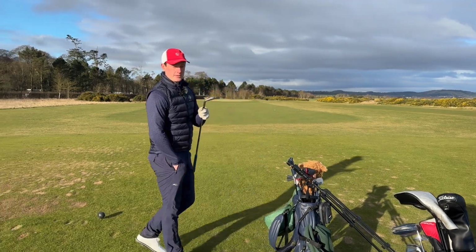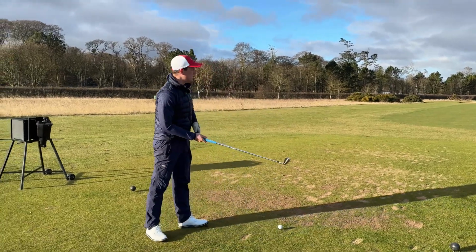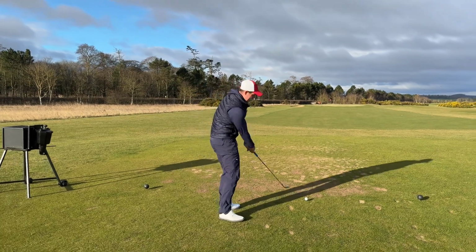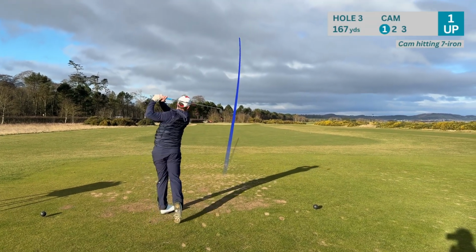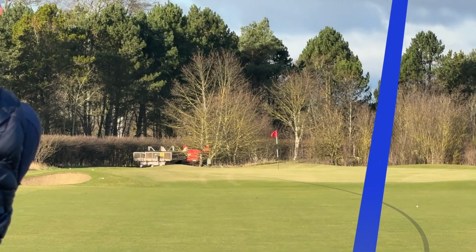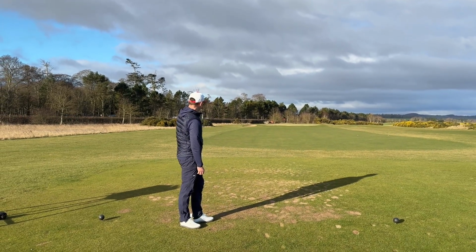Yeah, so you hit 5, so I'm going to go 2 down from that. I'm going to hit a 7-iron. I don't think my 5 is anything that you can take anything from. Maybe not, but I feel like you did have the right club in your hand. I don't think I did. I'm just going to take it out on that right-hand side, try and hit a little draw with the wind back towards the pin. Oh, it's overdrawn. Ooh, okay. Maybe just gone into the thick stuff. Well, you were in the way, so...